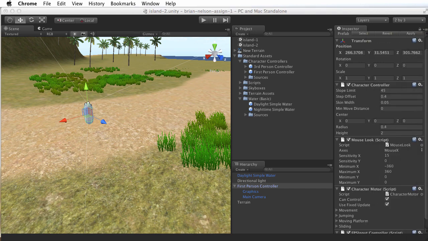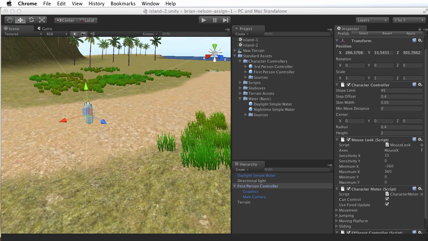Okay, well, we are nearly finished. The last thing we're going to do is add sound to our island. For assignment number 1, I don't actually require you to include background sound, but I want to show you now how to do it because you're going to need to have it for upcoming assignments, and it will also give me a chance to show you how you can download all of the assets from the Unity book. So in order to add sound, we need to have some sound files,